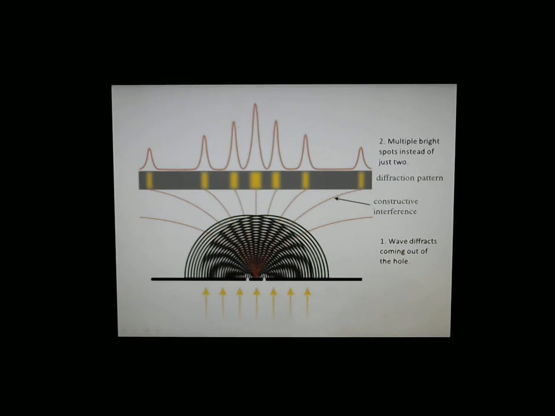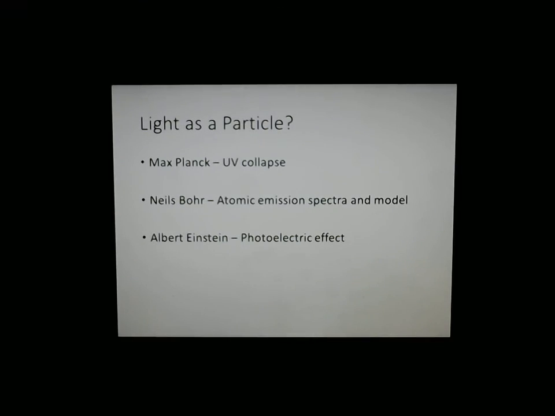Okay, so Thomas Young was like, cool, we've got light as a wave. Or is it? Now into the 19th century, Max Planck, Niels Bohr, and Albert Einstein provided some issues with light as a wave, and that's going to be the rest of our exploration through quantum mechanics. The idea that, hey, we proved that it's a wave, and now we're going to prove it's not a wave again. Bugger. Okay, so we're going to get a little bit of both sides going on here.